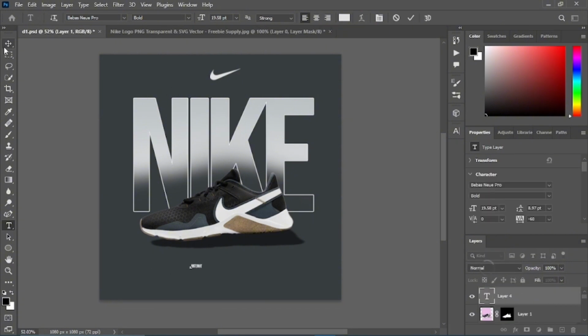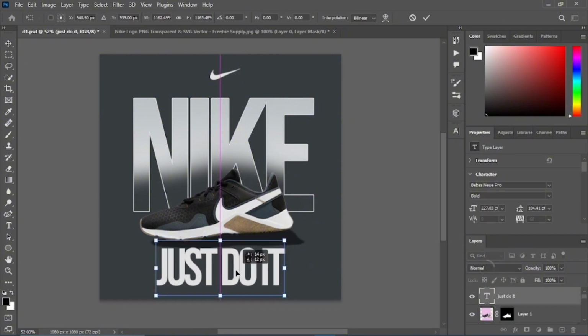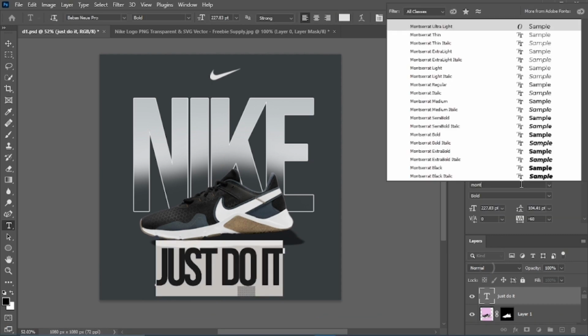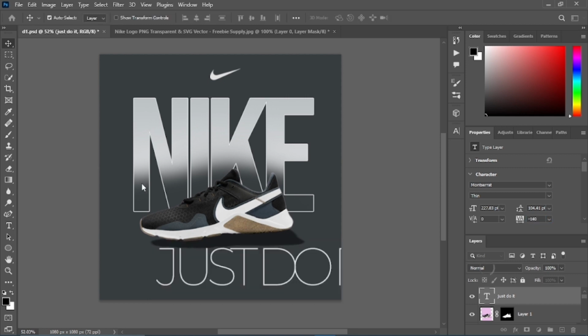I thought I'd put a secondary text in the design as well, the Nike text of just do it.